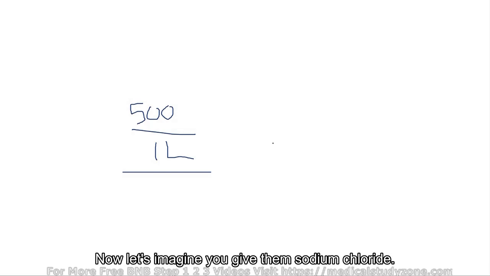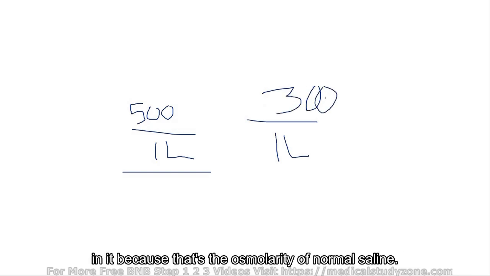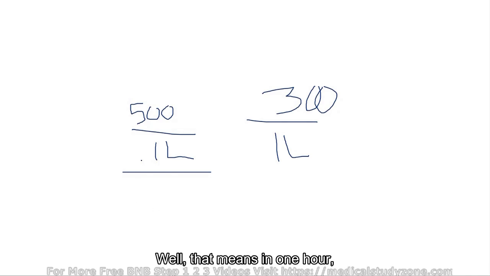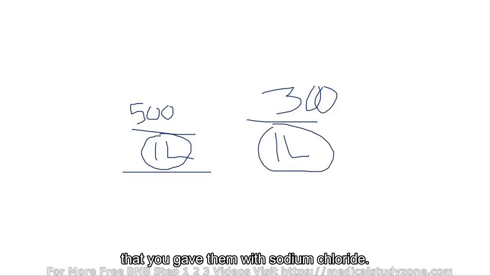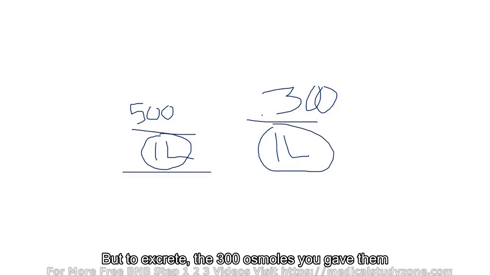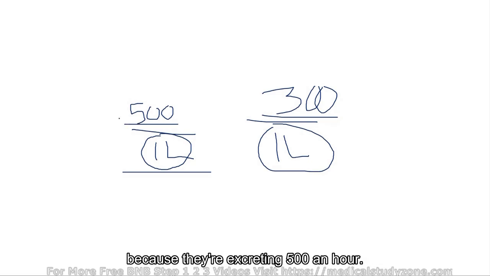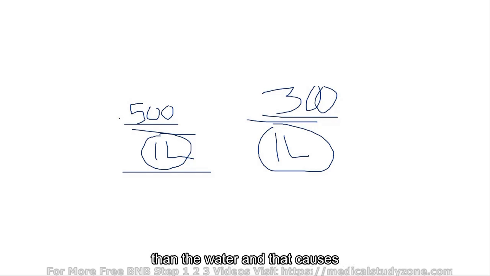Now let's imagine you give them sodium chloride. So you give them 1 liter of free water with 300 osmoles in it because that's the osmolality of normal saline. So now let's imagine this patient makes 1 liter of urine per hour. Well, that means in 1 hour they will excrete the 1 liter of free water that you gave them with sodium chloride. But to excrete the 300 osmoles you gave them with sodium chloride will take less than an hour because they're excreting 500 an hour. So the idea is that they excrete the sodium more rapidly than the water, and that causes the hyponatremia to